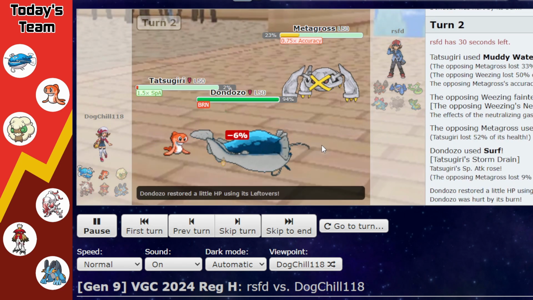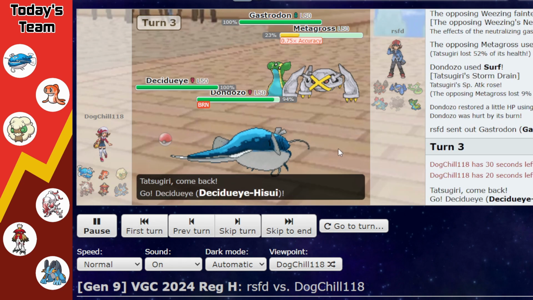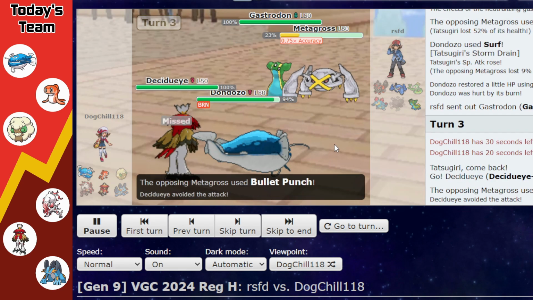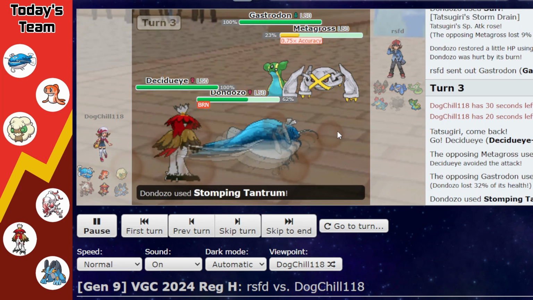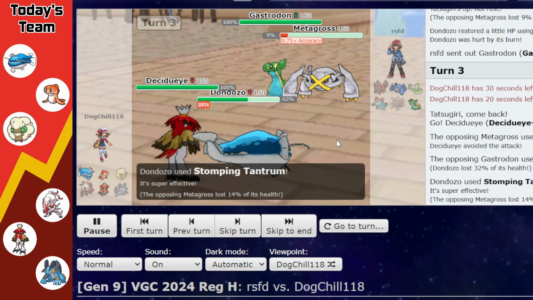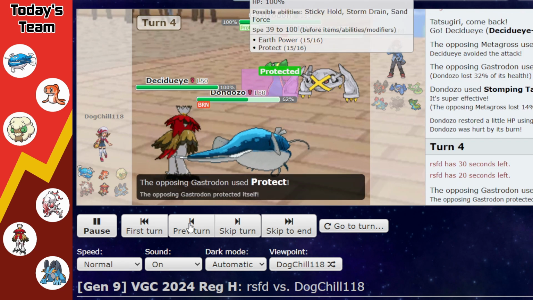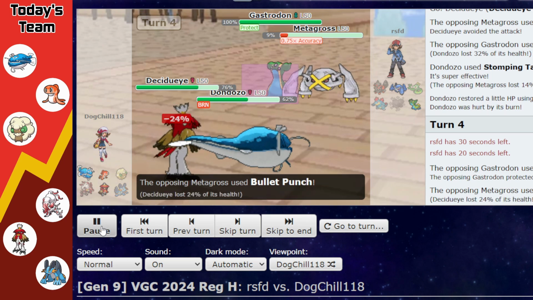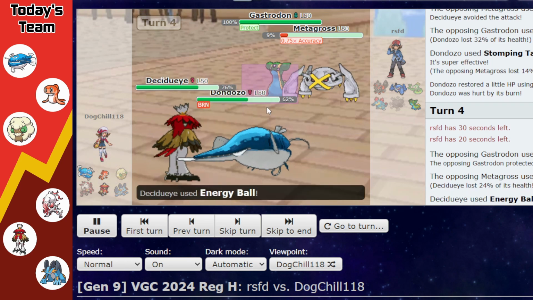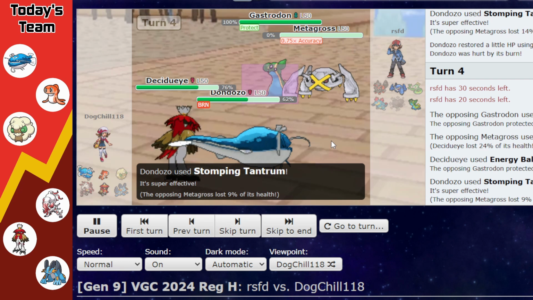activates Tatsugiri's Storm Drain. But now Tatsugiri is in range of a Bullet Punch, and they bring Gastrodon back in to perhaps catch a Water type move. They try Bullet Punching Decidueye, but Decidueye dodges it because of the accuracy drop, and we do some Stomping Tantrum chip damage into the Metagross here. Decidueye is heavily pressuring the Gastrodon with a Grass type move, and they do Bullet Punch Decidueye here, and Gastrodon protects our Grass type move, but Stomping Tantrum is enough to pick